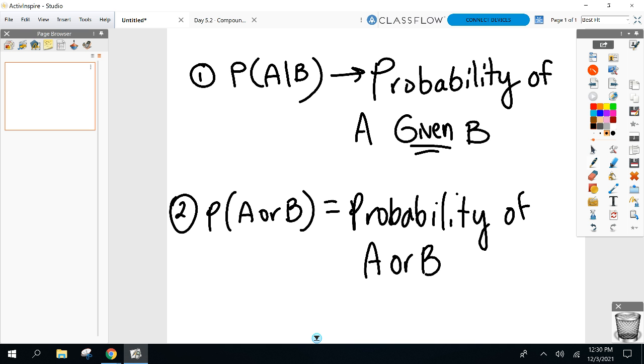A or B. Okay, of course that was easy to read, but what I want you to remember is you better watch out for the or questions. When it could be A or B, because whatever they have in common, we need to subtract. Okay? Please remember that. Anytime you're asked for an or question, we need to subtract out what's in common. Because remember, yesterday we counted numbers twice, we counted people twice. So subtract out what is in common.